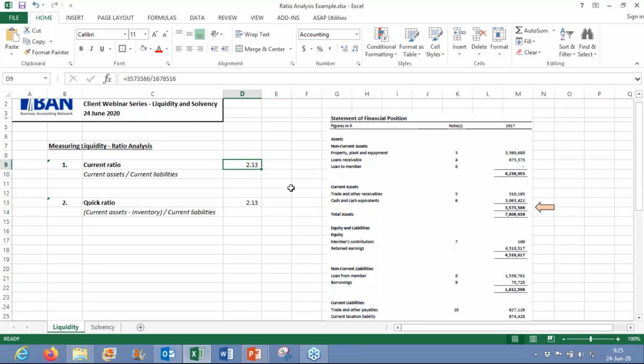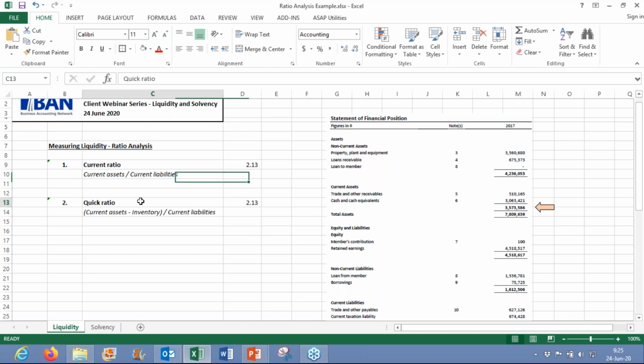That's quite good. That means that for each current liability I have, my current assets are covering them twice over. So it's a covering ratio. That's why earlier, in the previous slide, I mentioned that your industry norm is really 2 to 1. So you really want this ratio to be at a value like this, close to 2 or even above 2, because that means you're quite healthy from a liquidity point of view. You're covering your current liabilities twice over with your current assets. If this drops, as I mentioned, to say 1.5 or even 1, then the warning signs should be showing that your liquidity is being stressed.